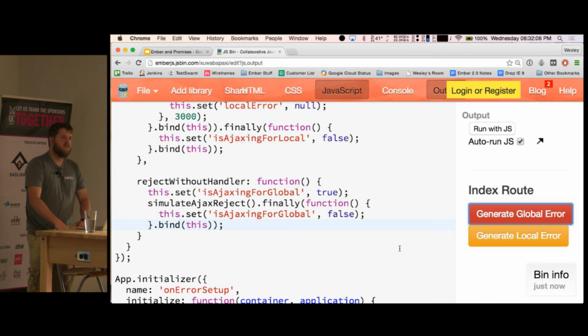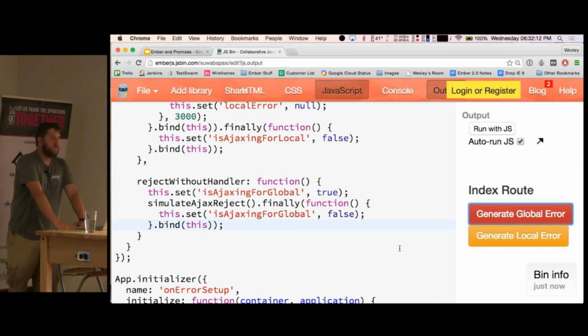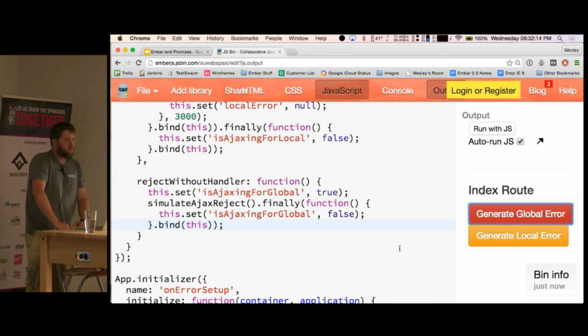How about, have you ever used promise array or promise object in your data stuff? Yeah, so that was one thing I almost brought into the talk, but I didn't, because I didn't want to confuse a lot of people. But it is pretty crazy. Has anyone seen the promise array stuff? So the promise array is essentially both an array and a promise. And it's an Ember Data convention for how they handle relationships.